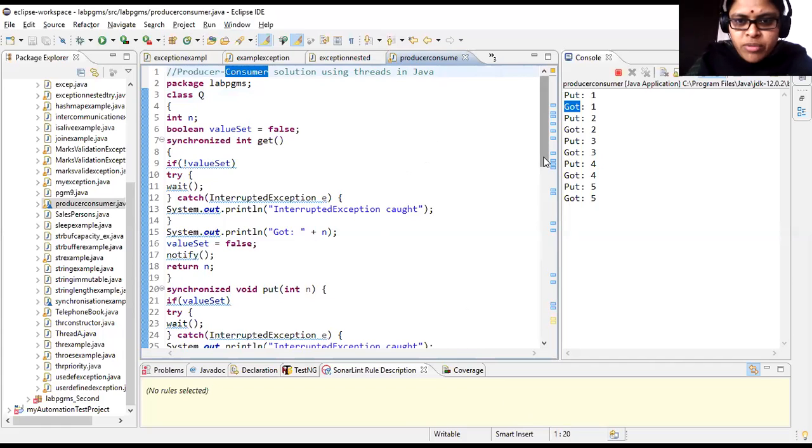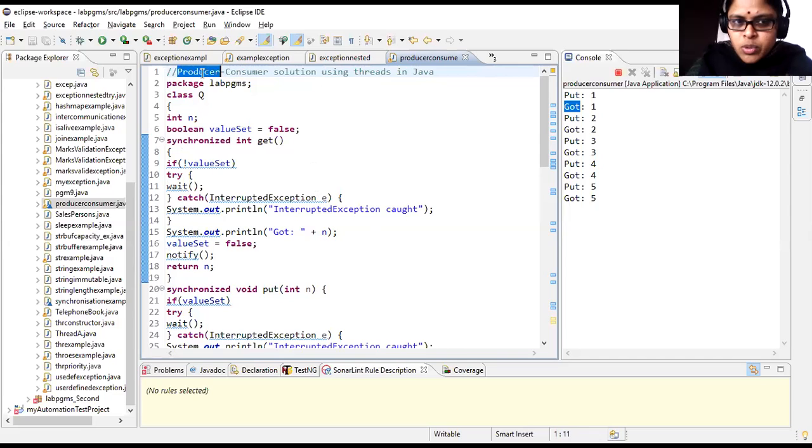See, we have slightly modified the program. We'll look into the program. What your program does here is, I'll be taking the producer as one thread and the consumer as another thread, and the main thread is anyways there. Initially, if my producer thread is running, there is no issue here. The producer will produce the data. We will be defining one method called the put method, which will produce the data. And once the producer produces the data, then your consumer can consume the data. Now, once again, if the producer produces the data, your consumer can consume the data, and so on.